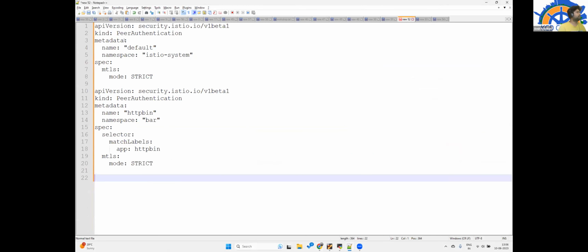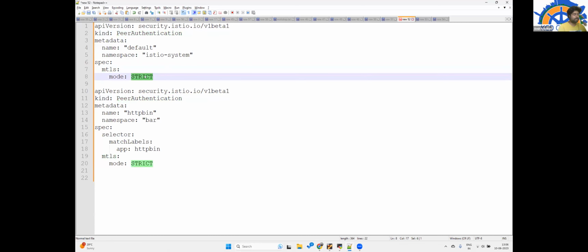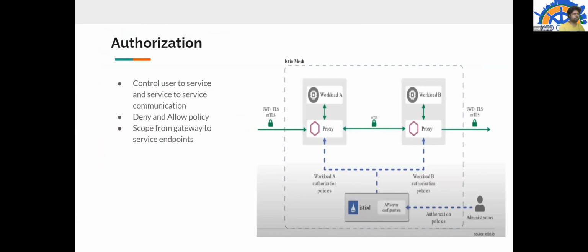Here you see peer authentication, which is about whether this particular peer is authentic or not. This is the default authentication: mTLS is strict, so each and every communication between two microservices should follow mTLS.